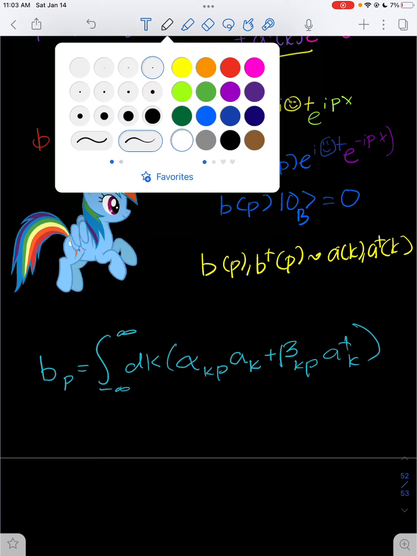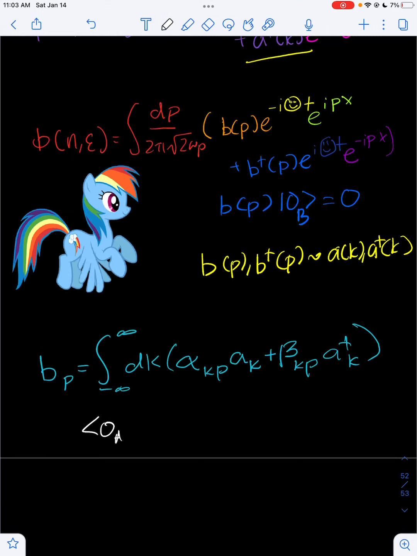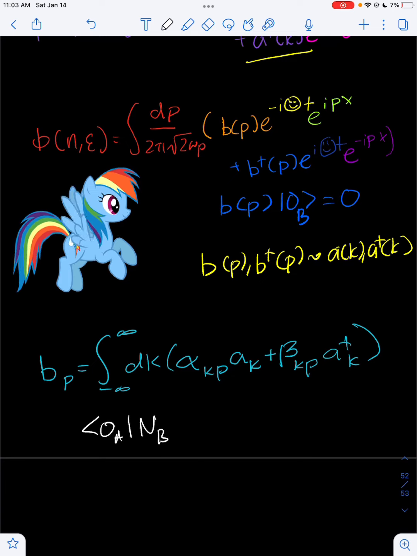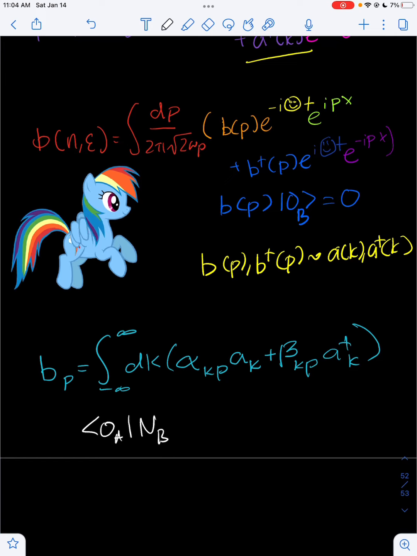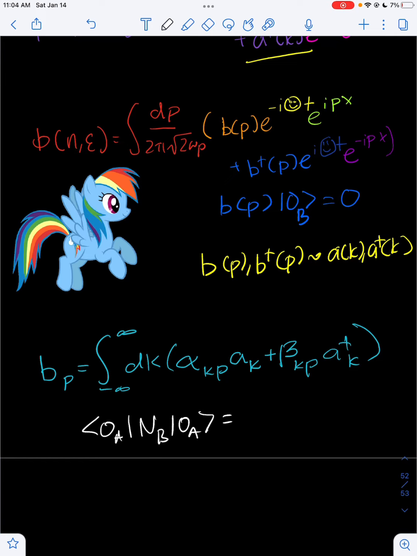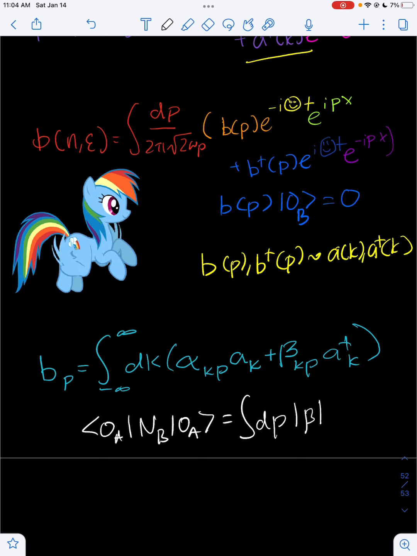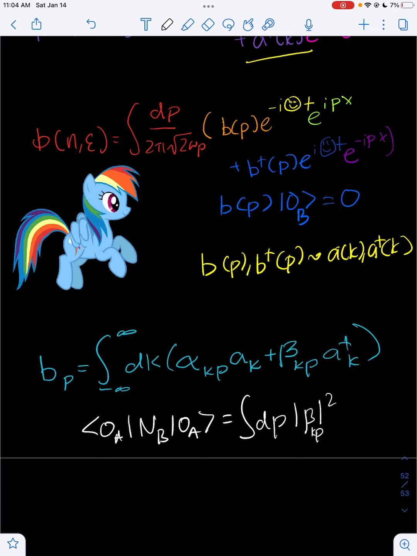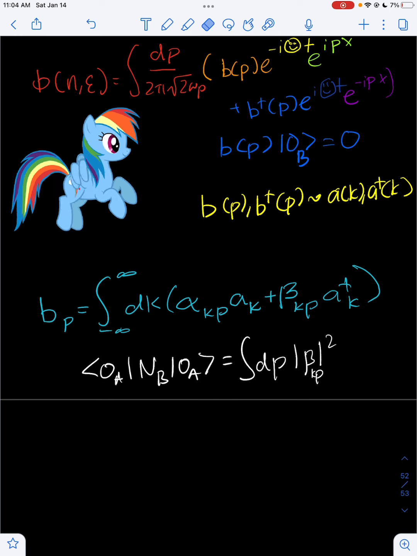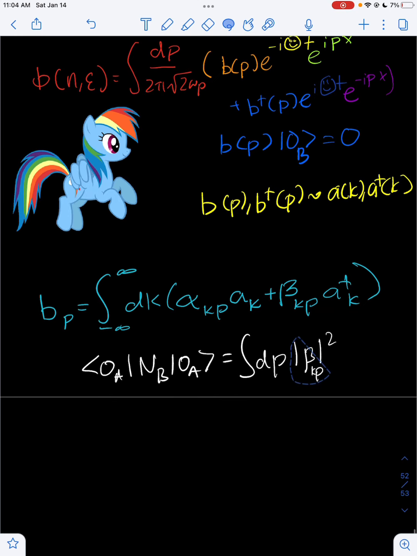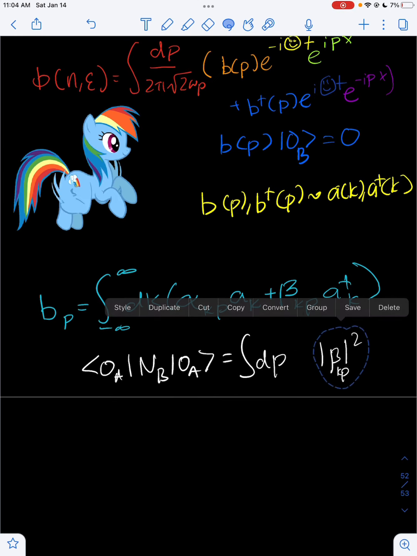And recall that the expectation value of the number operator from Dash's perspective in Twilight's vacuum is going to be equal to the integral over dp, I think, and then beta kp squared. Or actually, it's the integral over p and another integral over k,